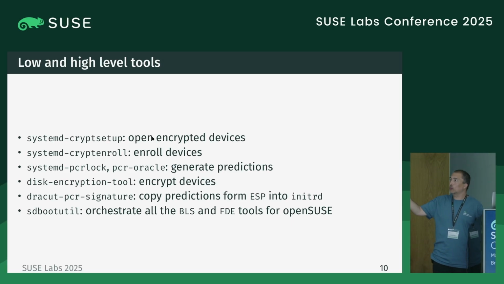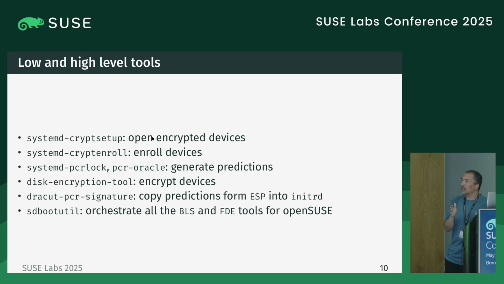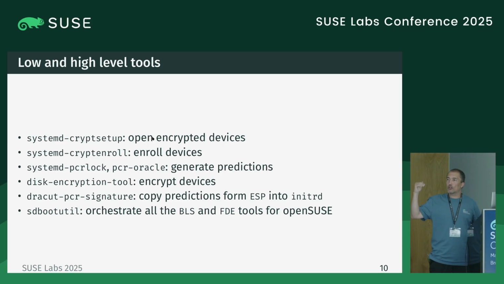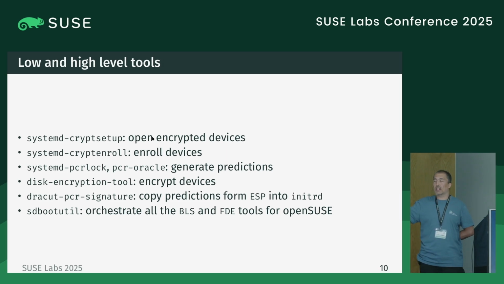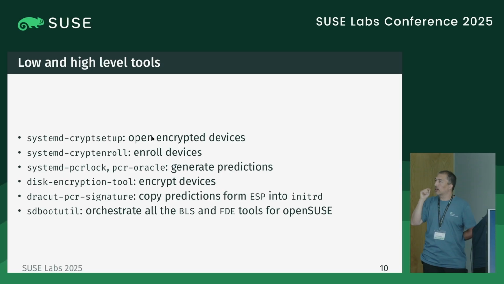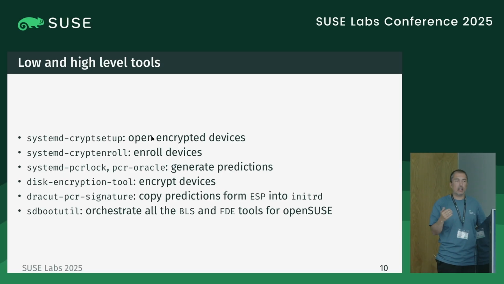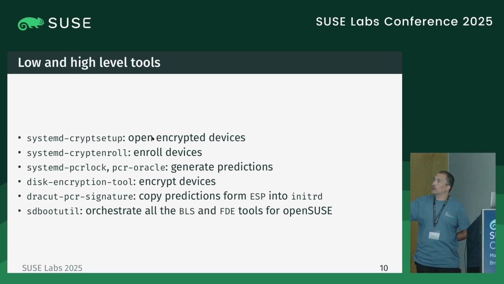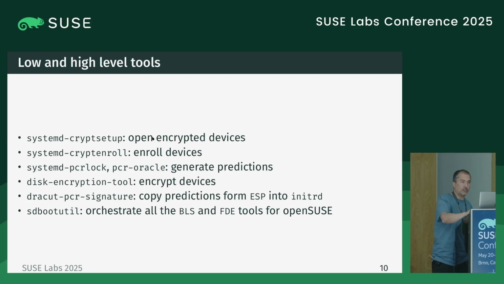And the big one is sdbootutil, that from one side is taking care of all the BLS integration in openSUSE. So it's the one that is synchronizing the kernel installed in one snapshot and making sure that this same kernel is stored in the ESP. Also, when the bootloader updates, it makes sure that the synchronization is happening and the boot entries are created in a consistent way. But also it's taking care, because it's kind of natural, of all the small full disk encryption operations that are going to orchestrate the low-level stuff that we are going to use for full disk encryption from systemd.